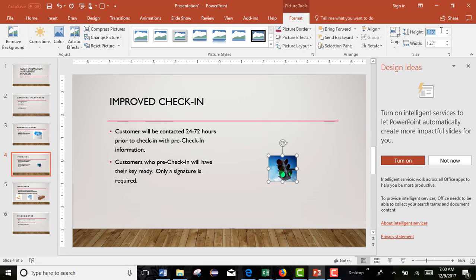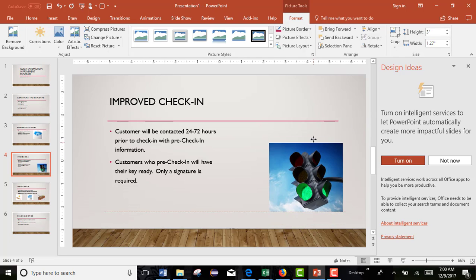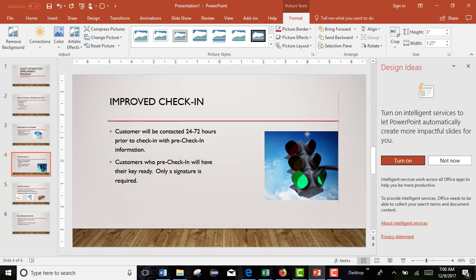So you can see when you bring an image in, you have that Format Picture Tools tab, just like we did with Word, right? So again, sort of bringing back all of that. But here's something cool that we didn't learn in Word. So here we have our image, and notice that when you drag your image around,